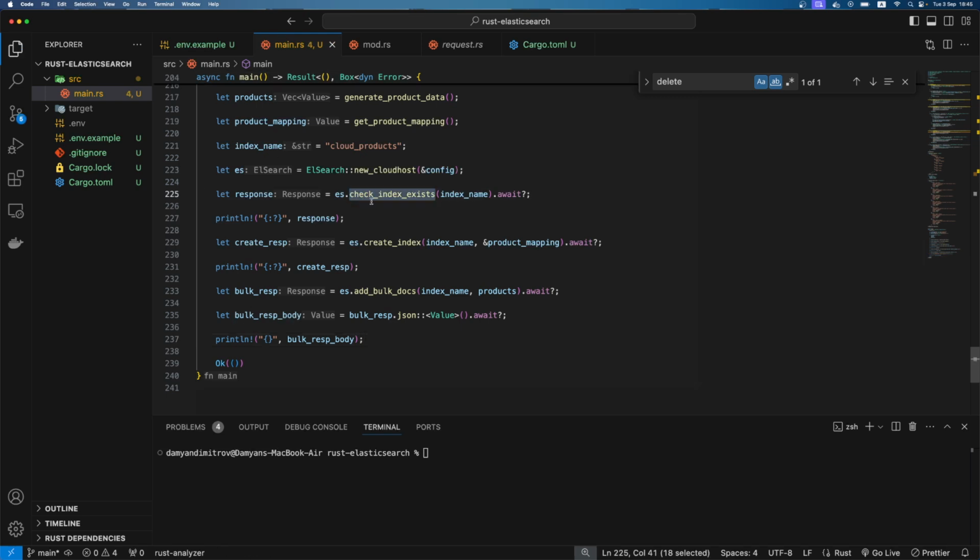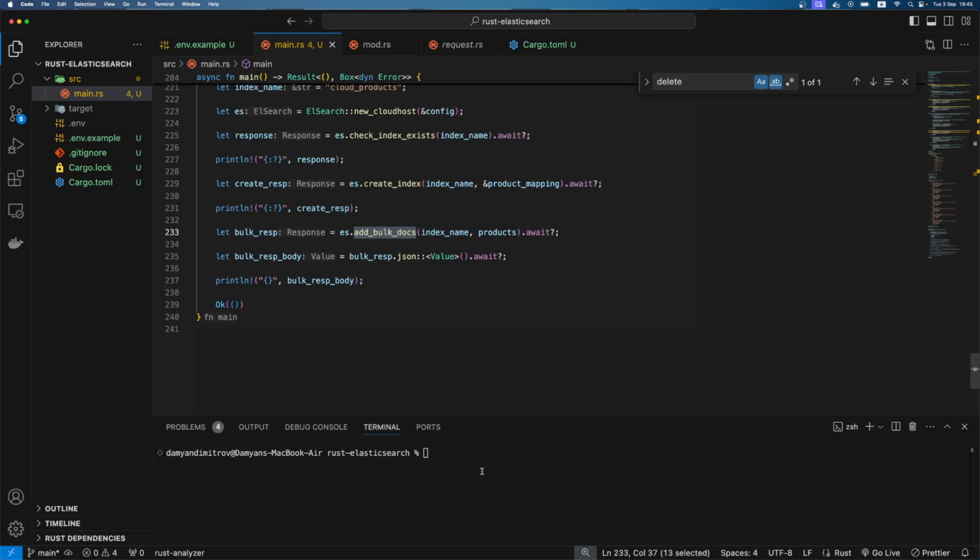Okay, so we create out and okay, and cargo run,